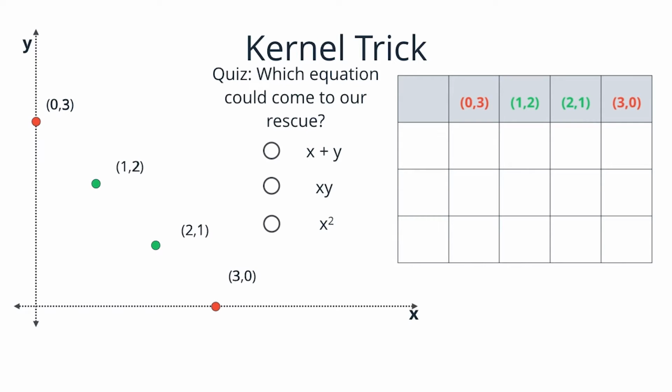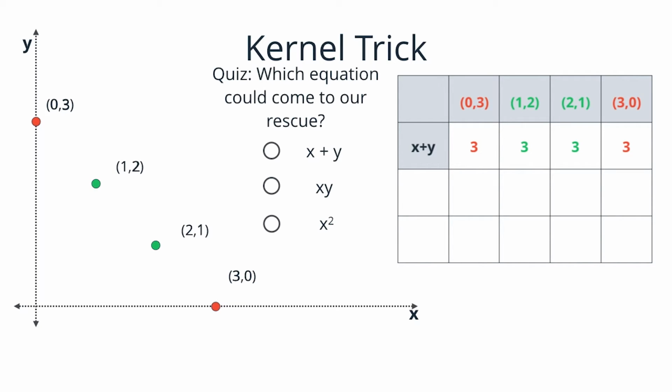This is not an easy question, so let's actually make a table with the values of these equations on each of the 4 points. Here we have the 4 points on the top row. And now, each of the other rows will be one of the functions. Here's x plus y. We fill in the first row as follows. 0 plus 3 equals 3, 1 plus 2 equals 3, 2 plus 1 equals 3, and 3 plus 0 equals 3. So we see that x plus y, or the sum of the two coordinates, is 3 for each one